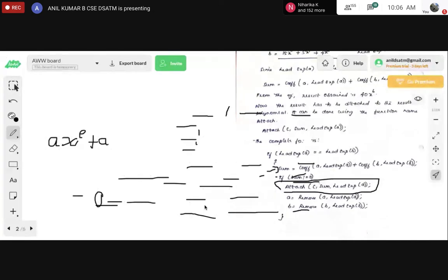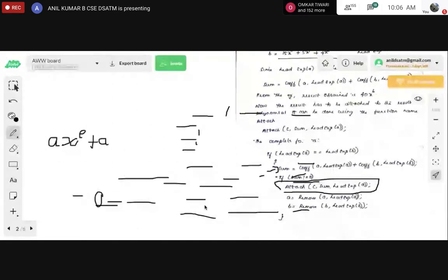In the if statement, what you are checking is whether the lead exponent of A is equal to the lead exponent of B. Before that, a case statement is given: the powers of the two terms to be added are equal. Such a case only we should consider.